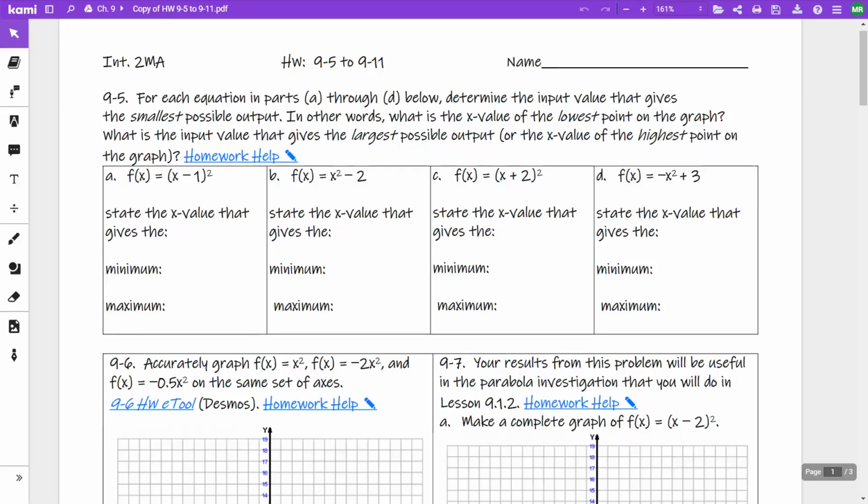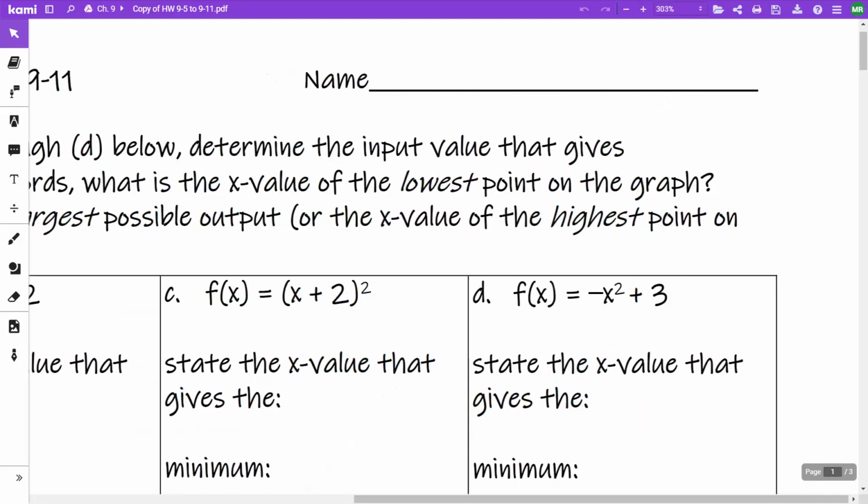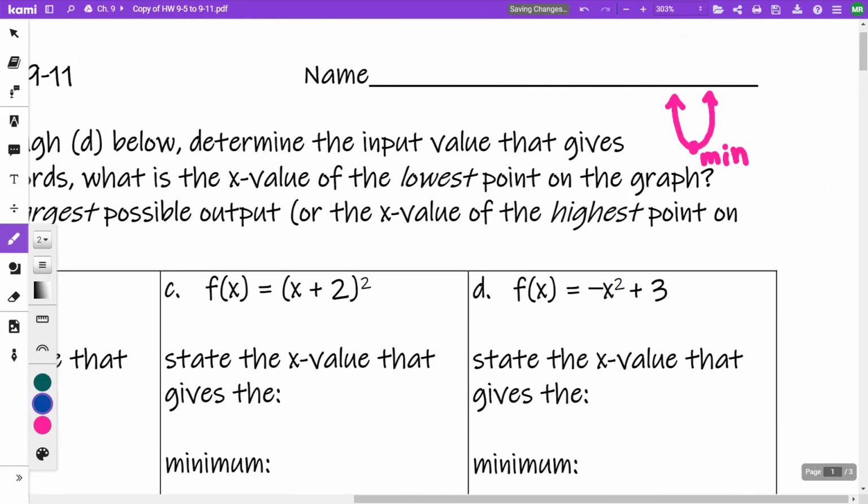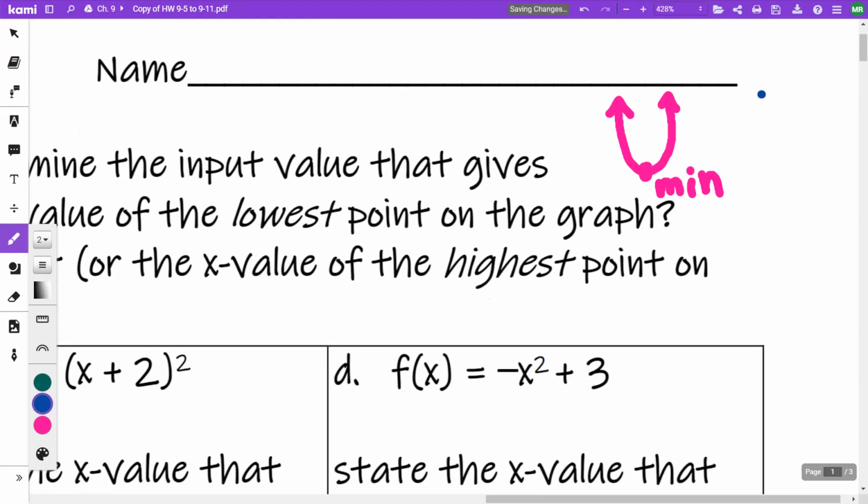So on 9-5, this is dealing with understanding that the maximum and minimum of a parabola always occurs at the vertex. So if I sketch just a parabola in general, here's an open up parabola. The vertex in this case would be where my minimum occurs. If I drew it like this,